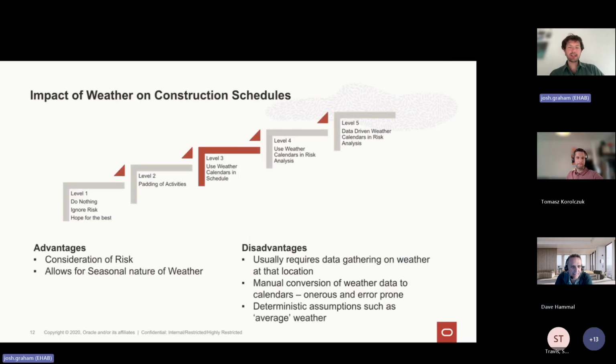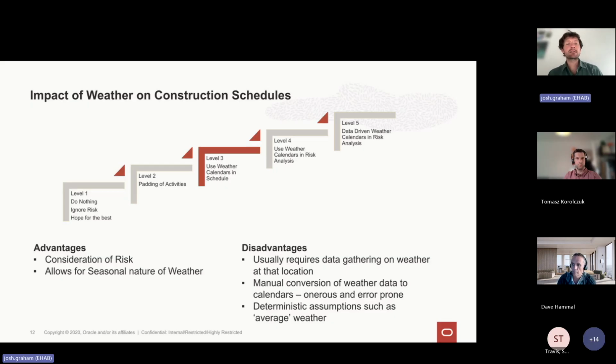So level 3, this is where we actually start to get into practices that I do see quite commonly, which I think is clearly much better than levels 1 and 2, and that's using calendars in the schedule. Often it's a winter working calendar. I was just in Canada for 6 months, and it becomes quite difficult to do work on a construction site if there's several meters of snow that have just fallen. So often there's some sort of shutdown period in the depths of winter. Or in England, it's probably not the snow, it's the rain, which might become a problem if you have earthworks. So you might have an earthwork seasonal calendar.